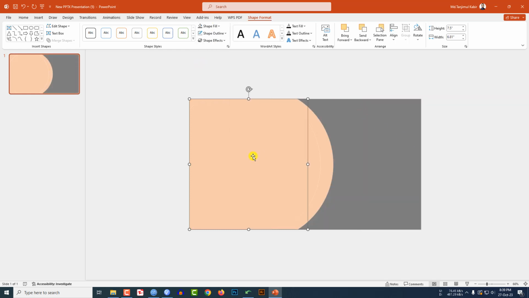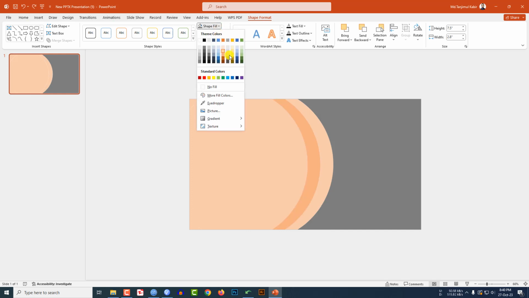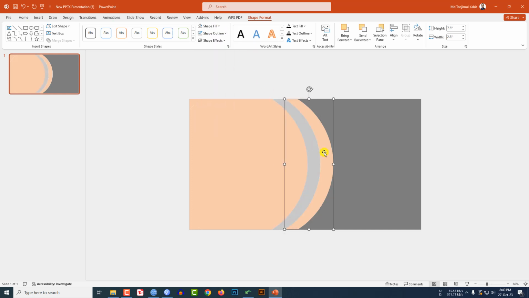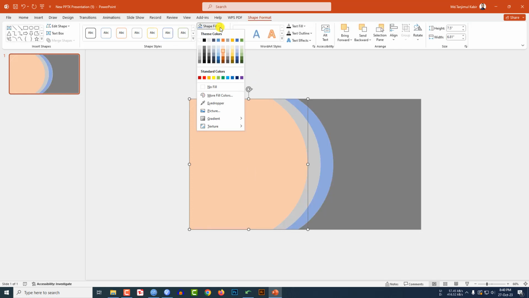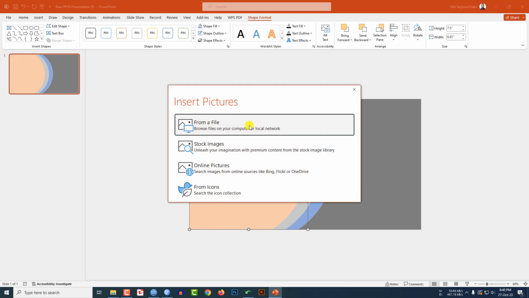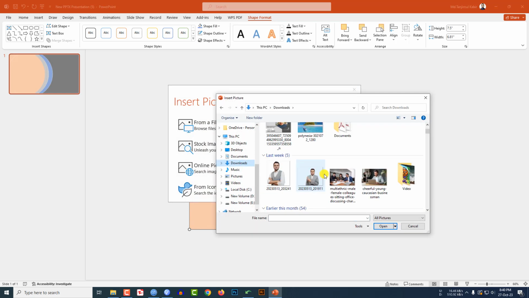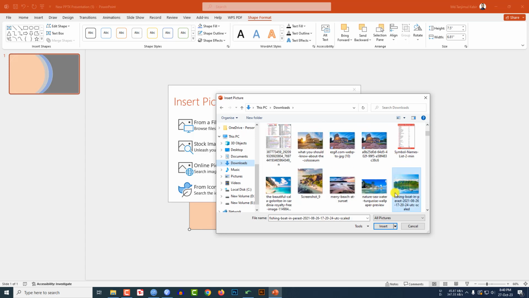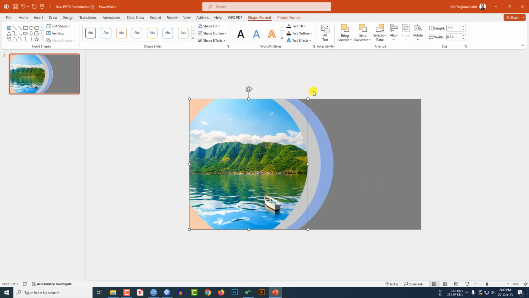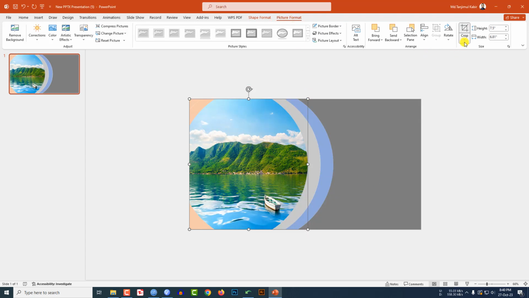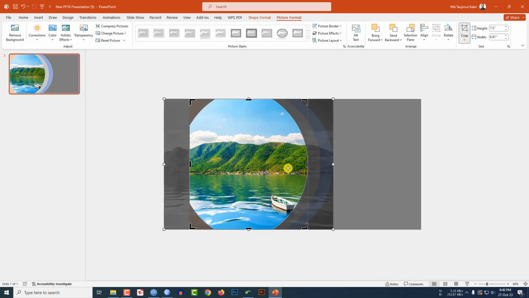Go to this one and let me, here I have another oval shape. You may change the fill color, then you will find it perfectly. Let me select this one, go to Shape Fill, go to Picture Fill, go to From a File. I have to insert a picture from my computer. Let me insert this picture, click on Insert, go to Picture Format, go to Crop, click on Fill and place